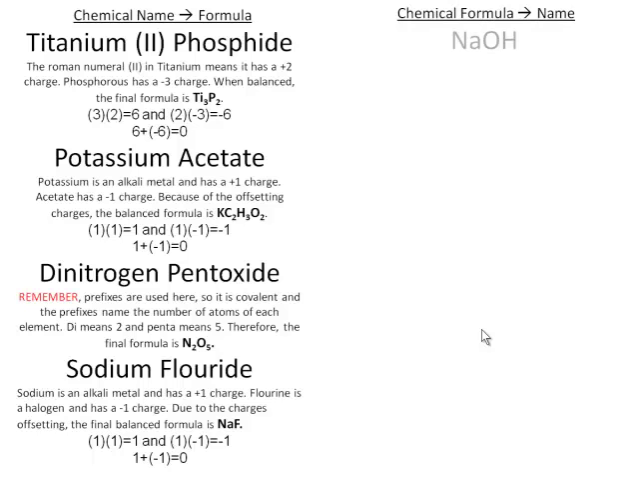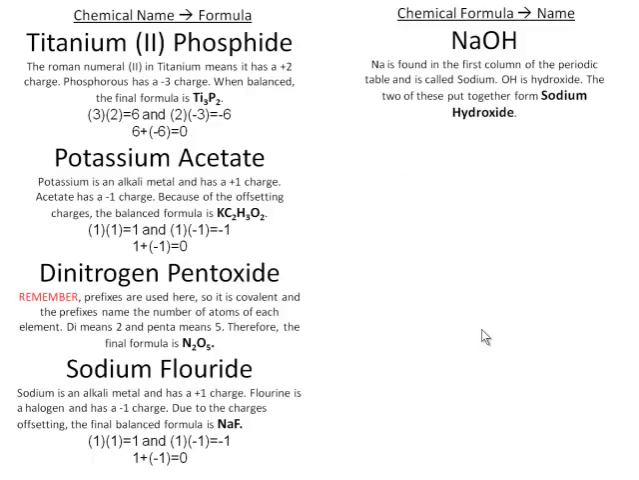We're going to start off with NaOH. Na is found in the first column of the periodic table, and it is called sodium. OH is hydroxide. Na has a +1 charge, and hydroxide has a -1 charge. So the two of these put together form sodium hydroxide. Next is going to be